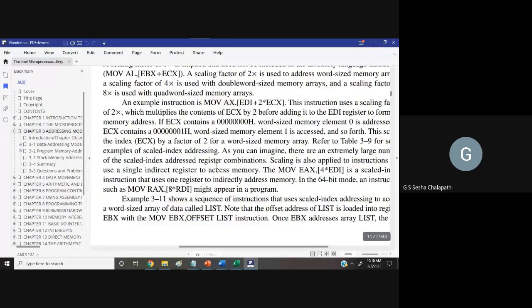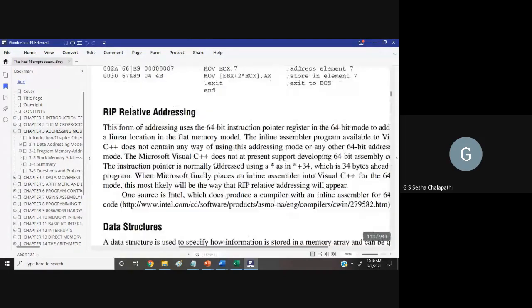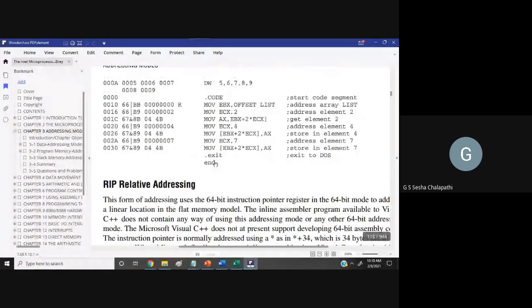Now let us say that you have an instruction like this: MOV AX, [EBX + 2*ECX]. Further, let us see how you will actually calculate the machine code.